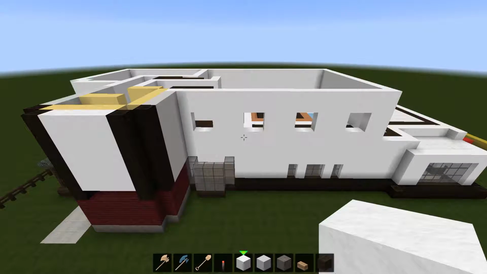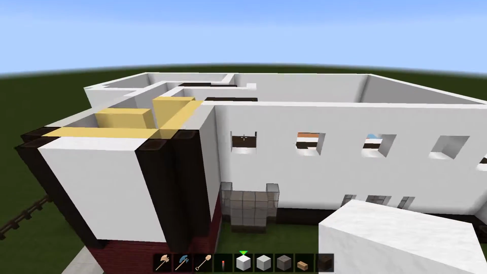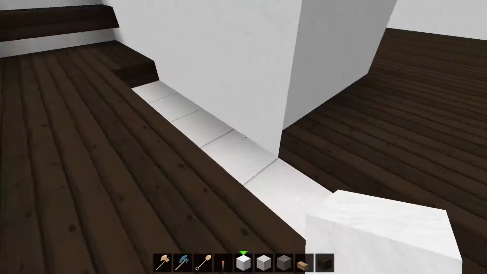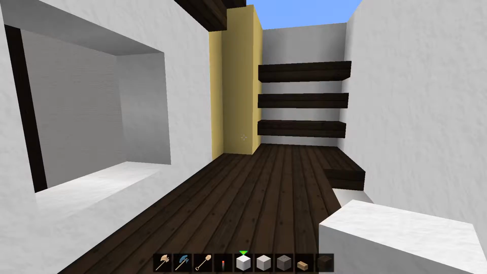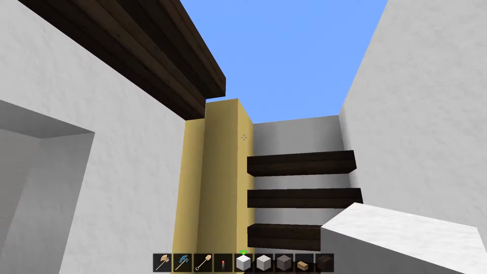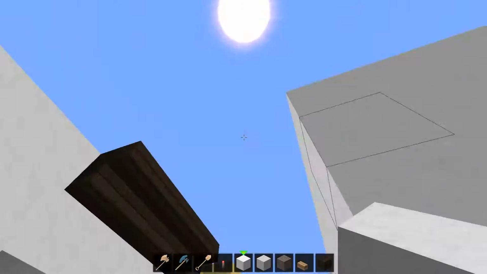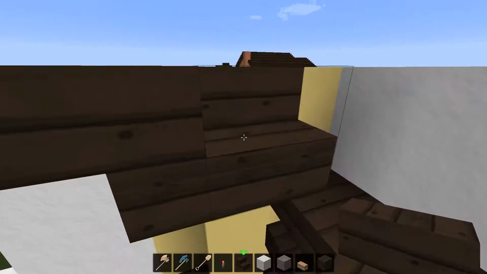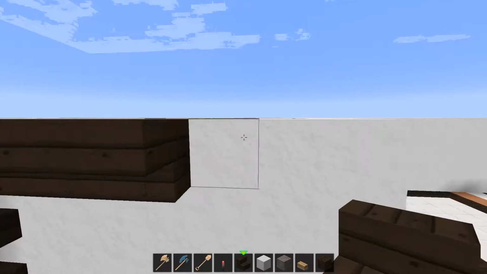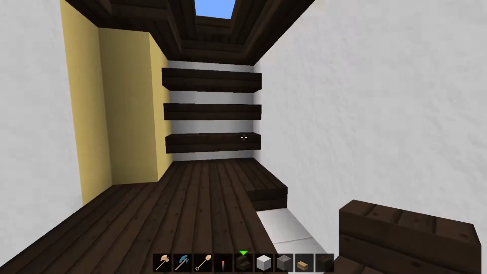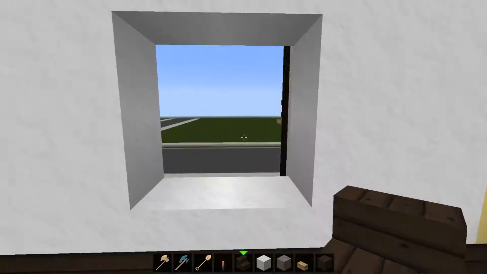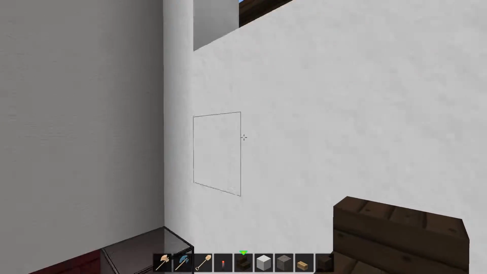And we're done. Okay, so all I did was some extra work here, trying to figure out how high up we want to make the second floor. The first floor is a lot taller. The second floor is going to be a little less tall because they are just bedrooms, not as big of vaulted ceilings. I was figuring out, if we use the half slabs, how many we go up. If we do this around the inside of the second floor, just like we did on the first floor, we would still have enough headroom so you're not just bouncing your head. Plus, I wanted to make sure that the windows looking outside